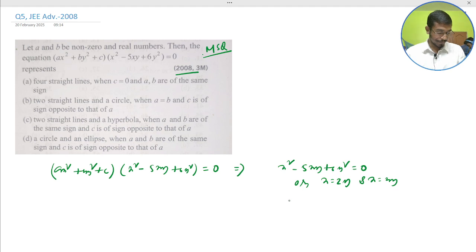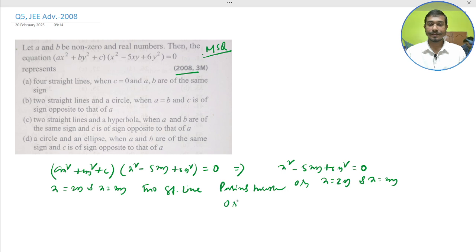And the second one represents two straight lines passing through the origin. This is two straight lines, x equal to 2y and x equal to 3y. Two straight lines passing through the origin, or